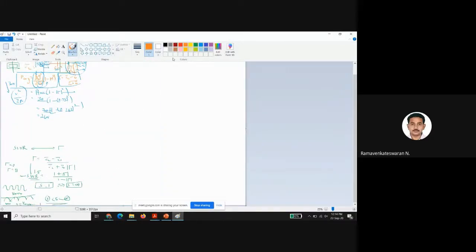Are you able to understand the question? I've written S with respect to gamma, 1 plus gamma over 1 minus gamma. How can we write gamma with S? So this is mod gamma, S minus 1 over S plus 1. Let us check. If S equals 1, gamma equals 0, correct. If S equals infinity, gamma should be equal to 1. Will it come? Let us put S equal to infinity first.